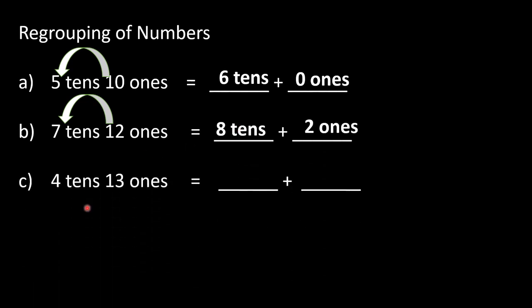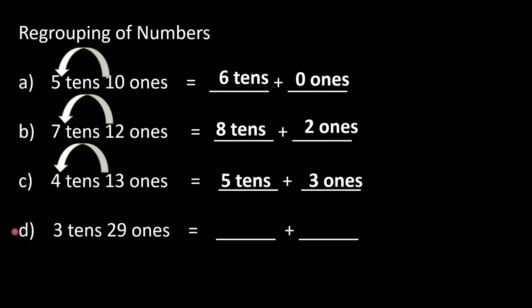Now in next, 4 tens, 13 ones. So again we have two places given in ones. Okay, so 4 plus 1 is equal to 5. So here 5 tens and 3 ones. Means what we have to do, beta, the digit at the ones place we have to keep for the ones place only, and the tens place that is given along with it we have to carry forward. Okay, that is 3 ones and 5 tens.